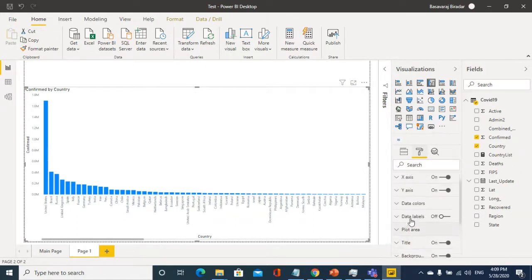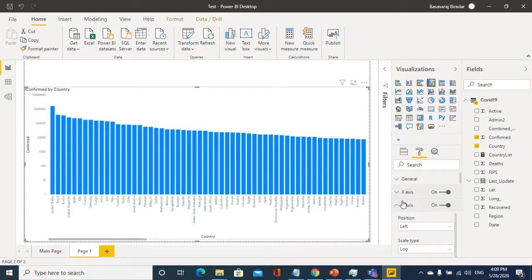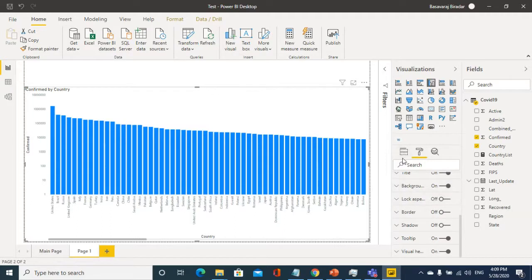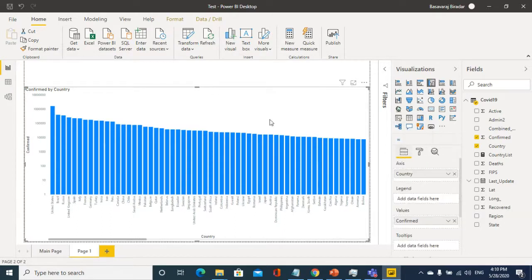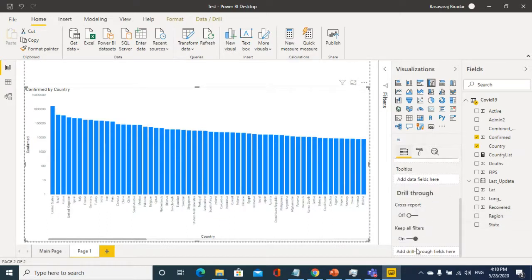So let me use non-linear logarithmic scaling of this. Okay, and here I'll make this report filterable by region, drill through by region. Rename this report page as confirmed cases by country.